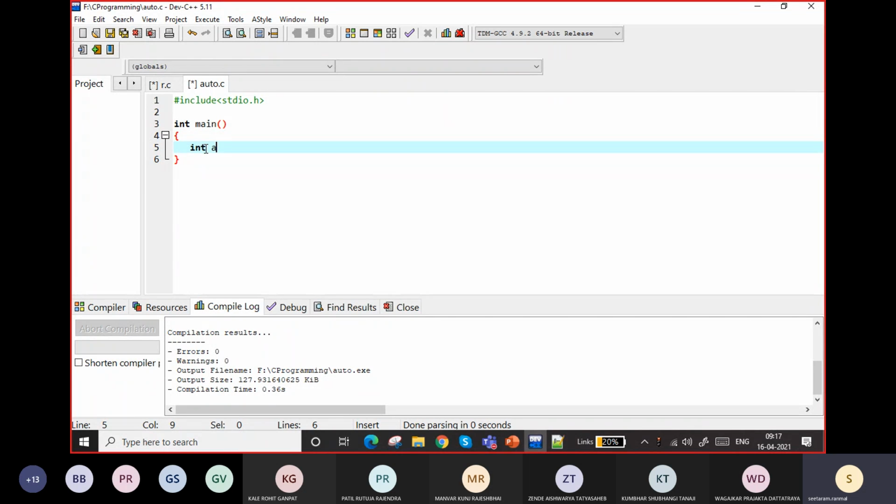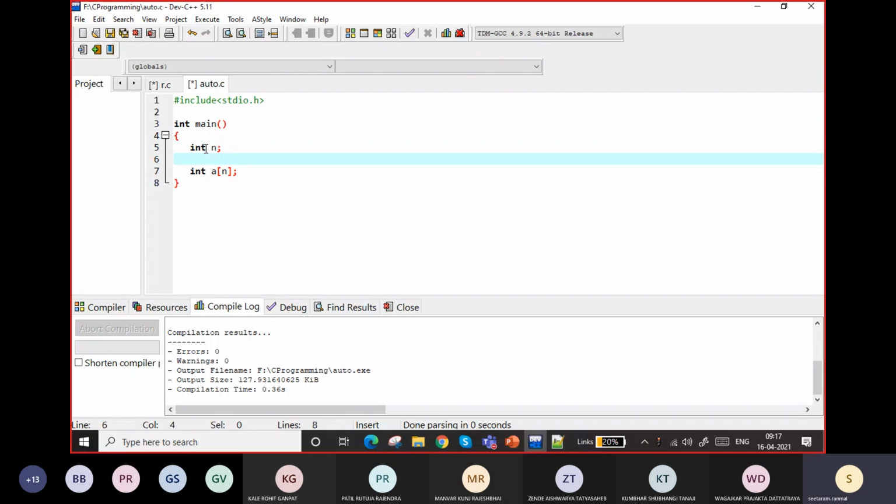You could not define the array like this, right? Take the size from the user and allocate the memory, you could not do that in C programming, right? But you can define this n as a global constant, and you can control it from one place.